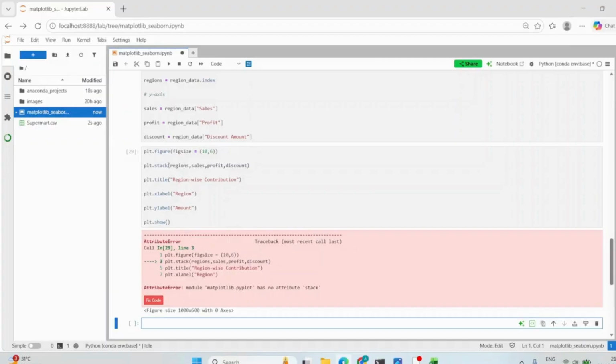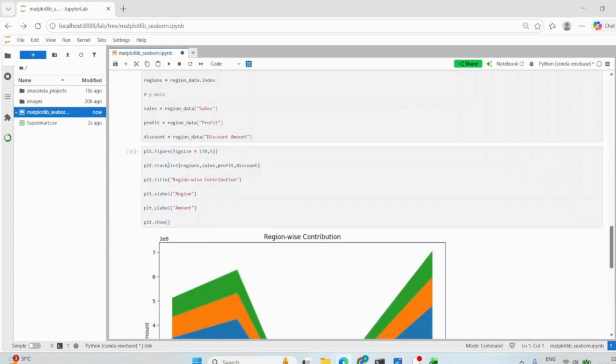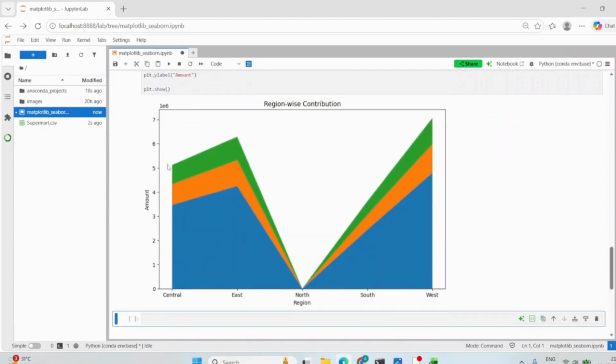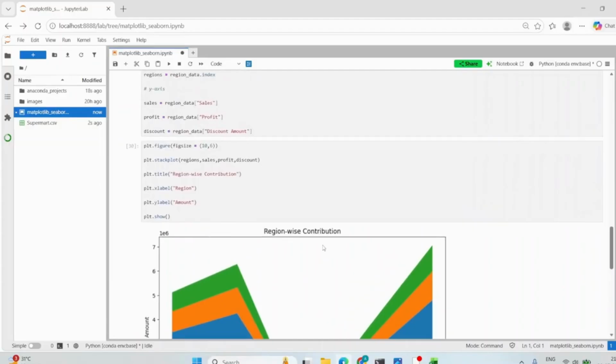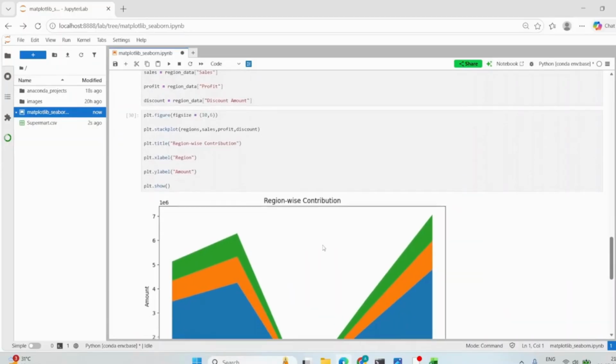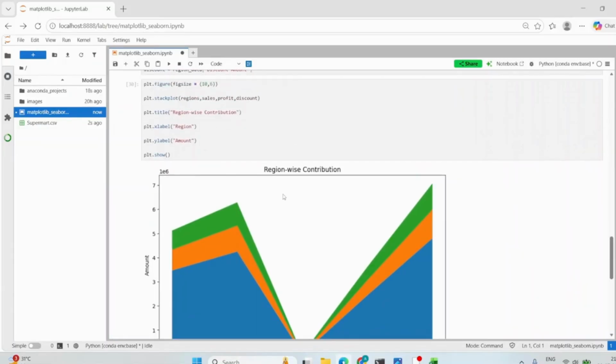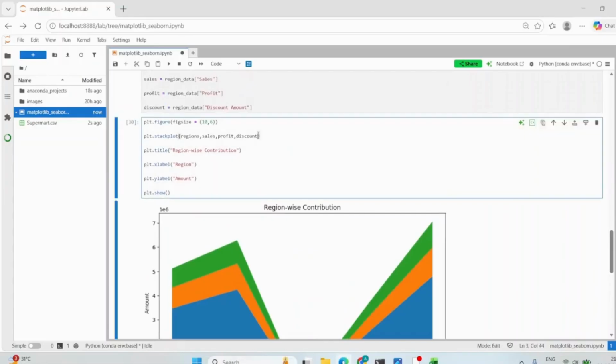Sorry, not stack, you will use stackplot. Now here you can see it has plotted my stack plot. Now let's customize a few things. Let's say you can give labels. There are three labels here, so you can use labels is equal to,